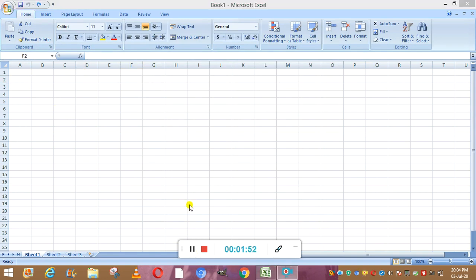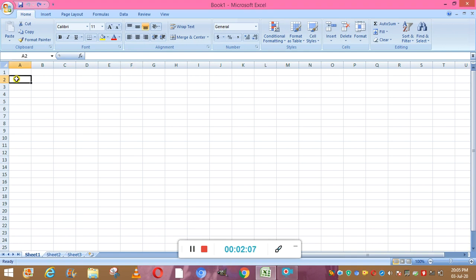Okay, now we start with the column chart. Okay, so a column chart depicts data in the form of vertical bars, and column charts are used to compare different categories of data. So we will make a chart. Suppose we put the heading here, student, next is English, then maths, then Hindi. Suppose we are entering the marks.